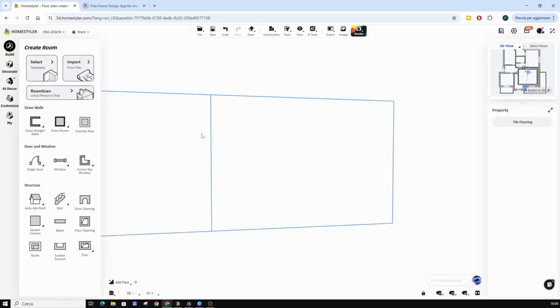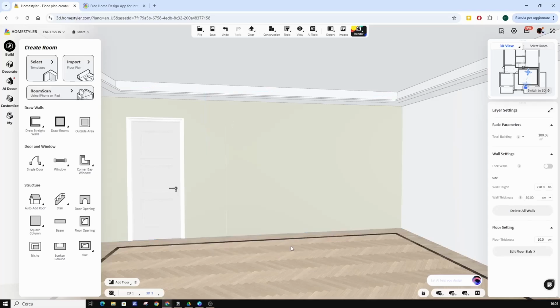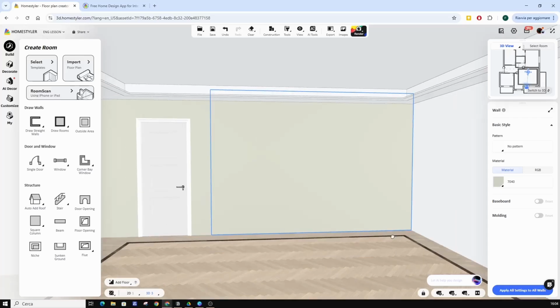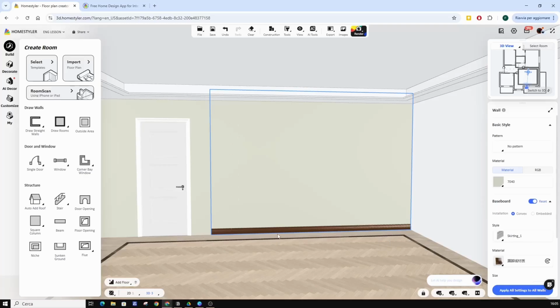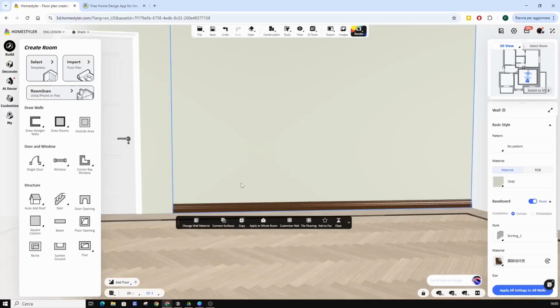Sometimes adjacent walls are shown as connected to each other. My advice is, to customize the wall, click Disconnect so we can always select one wall at a time. At this point, we can decide to have a baseboard. We select it, and a default skirting board appears. With the Q key we can move it up, and with E we can move it down.